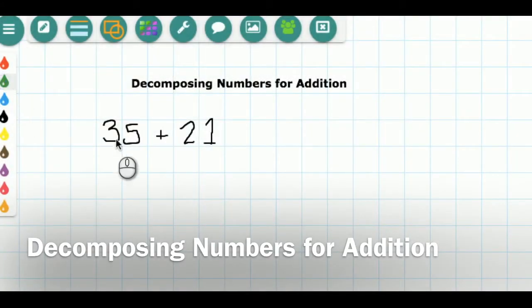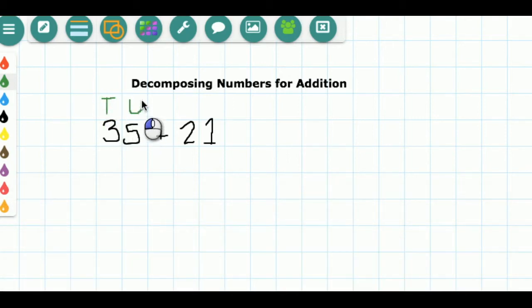Today I'm going to explain how to decompose numbers for addition. So here we have 35 plus 21. The first thing I'm going to do is break these into place values. So 35 is the same as 3 tens and 5 ones, and 21 is the same as 2 tens and